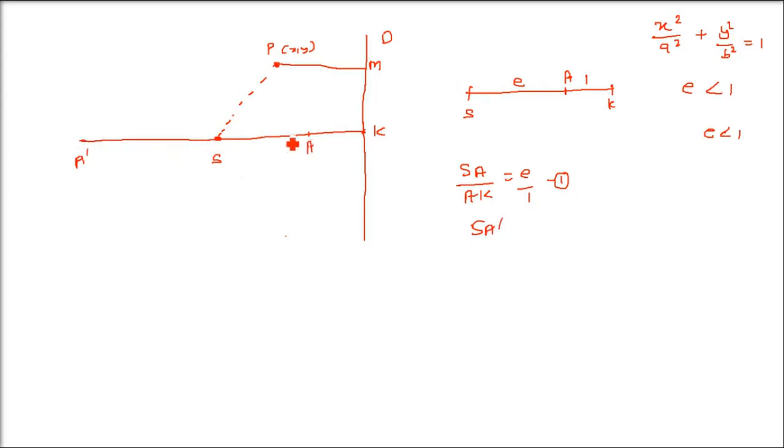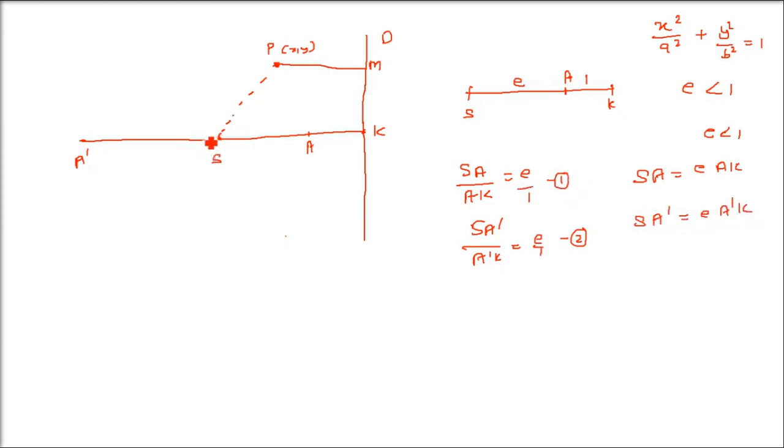Now we are dividing the line SK externally. So we have to go to A dash. We have extended it to A dash. So now SA dash divided by A dash K. Please remember, e is less than 1. You have to be very sure and confident about dividing a line internally and externally. Then only you will be able to understand this. Externally, we have extended this SK line till A dash. Now this SA dash divided by A dash K is e by 1. So we have two equations. SA equals e AK, I am cross multiplying it. And here we get SA dash equals e A dash K. We are just cross multiplying it.